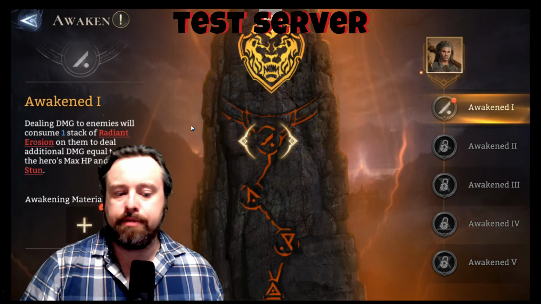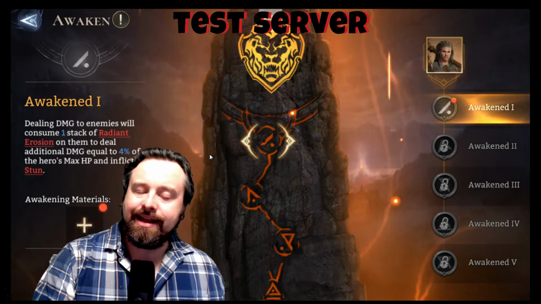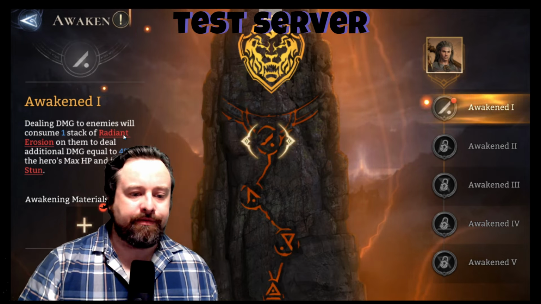At first that sounds good, but I did talk to you about how much HP and how much damage is going to be put out. So it's going to be like a 12k hit, best case scenario. And you're consuming a stack of Radiant Erosion, which I believe is true damage, right? So